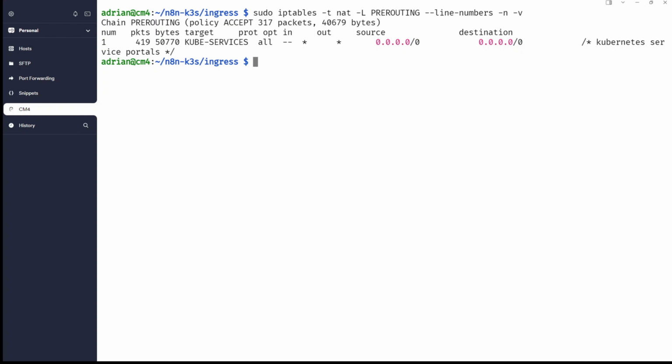We need to break down the components and their roles in managing the network traffic for my Kubernetes setup, focusing on iptables, the ingress controller and the service NodePort range. Without this, you will not be able to understand how everything is